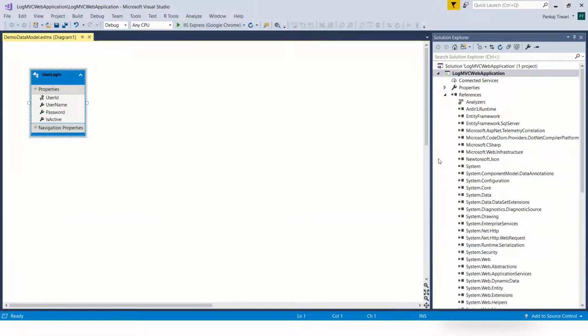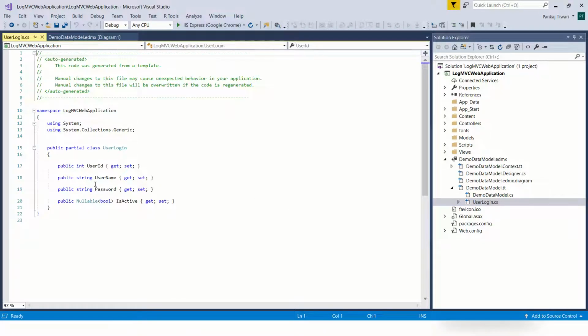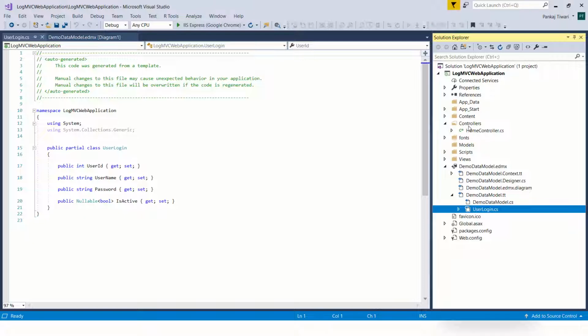Now what is next? We need to add our controller here. See, we have got our EDMX file, and inside that we have got the required things. We have also got our user login.cs class, which will contain all the properties, all the columns which are available in the login table.